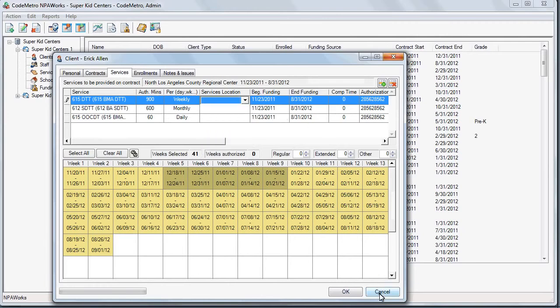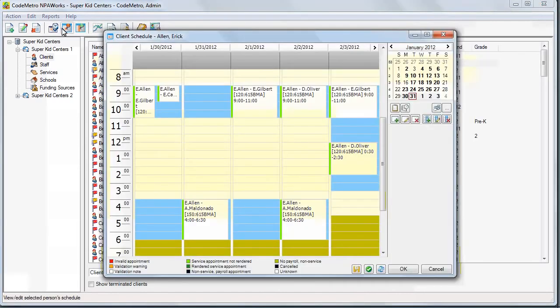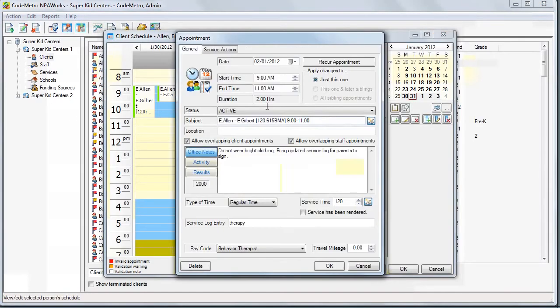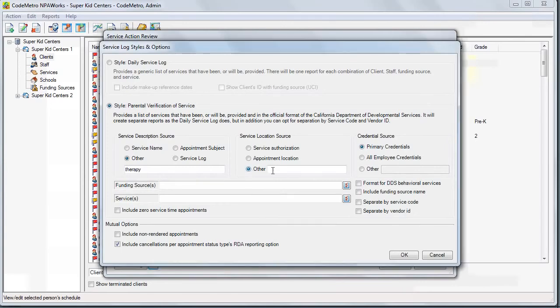The second option is Appointment Location, which links to the location field on the appointment screen. Here you can manually input the location, including the address of the rendered services. Once entered, you may recur the appointment and the location will recur throughout the series. Option 3 is Other. As with previous examples, Other allows you to manually input here what you want to include